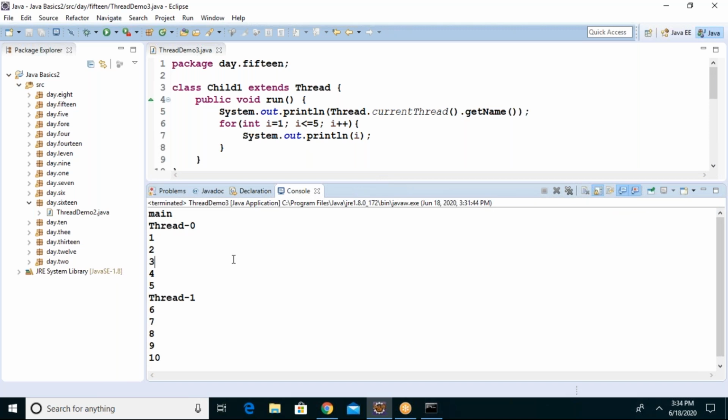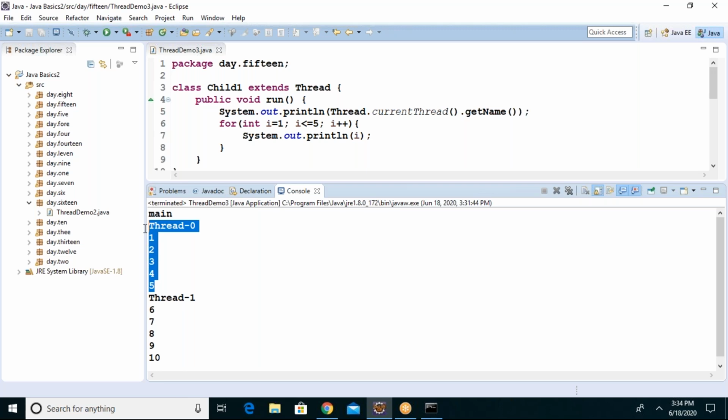Okay, forget it. Guys, assume 1 microsecond is given to the processor for thread 0. 1 microsecond is given to the processor for thread 1. Do you think printing 1 to 5 is very difficult for the processor in 1 microsecond? No. That means the action is very small.